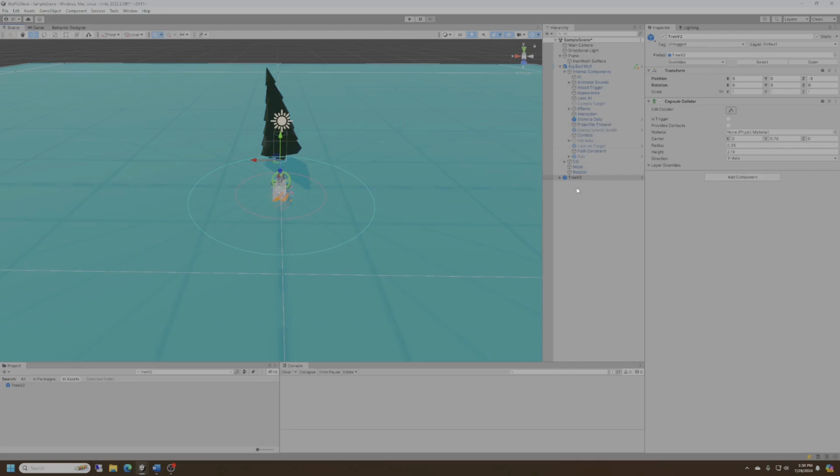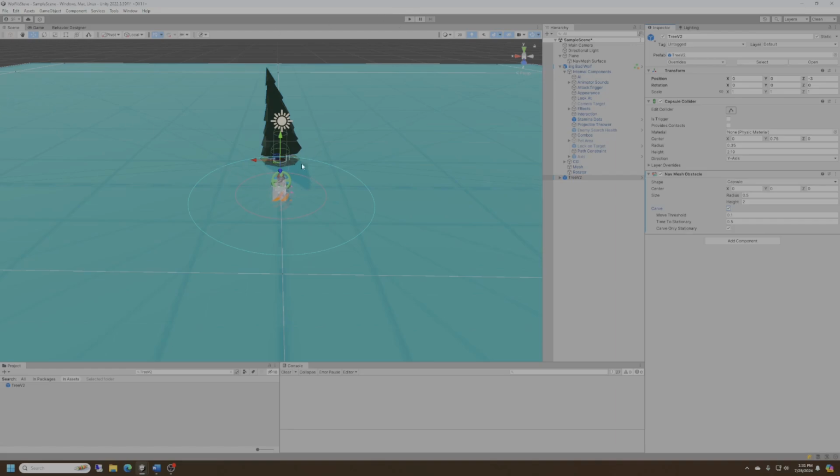And so add to tree, we're going to add a nav mesh obstacle to it. And we're going to want to make it shape a capsule, and we can keep the defaults for that. We want to carve out the area so Big Bad or anybody else won't just walk through the tree as if it weren't there. Now we want Big Bad to actually protect this tree as opposed to just wander around